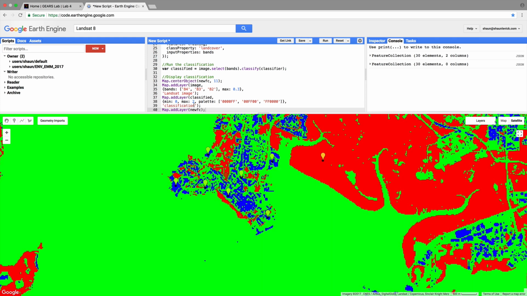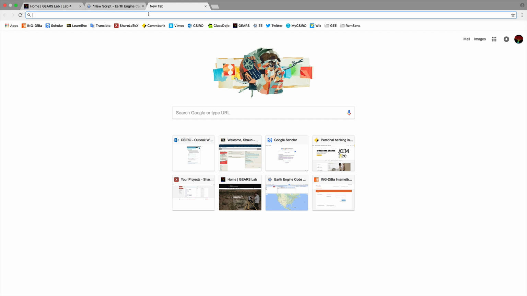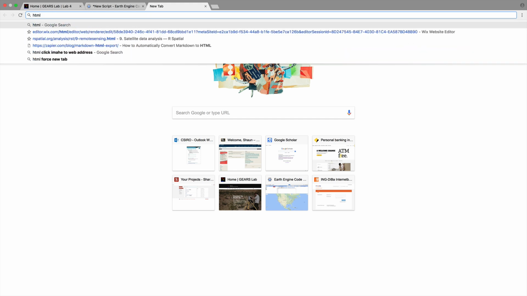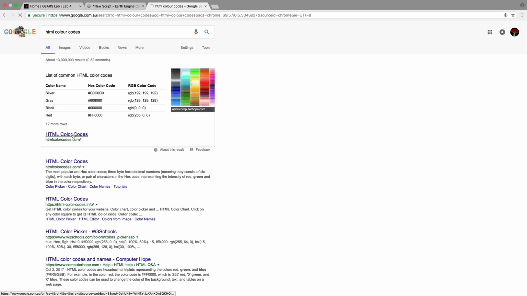You'll note that this palette just makes use of HTML color codes. So if we wanted to change the colors, we can just search for HTML color codes and go to the website